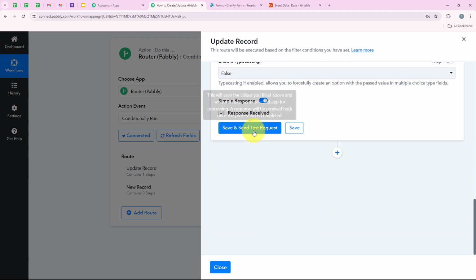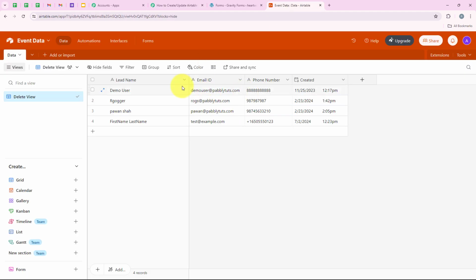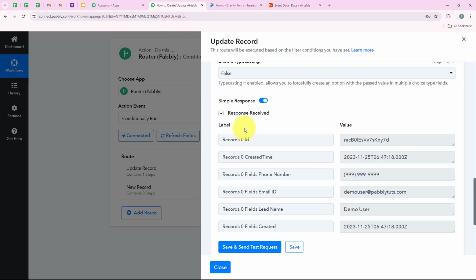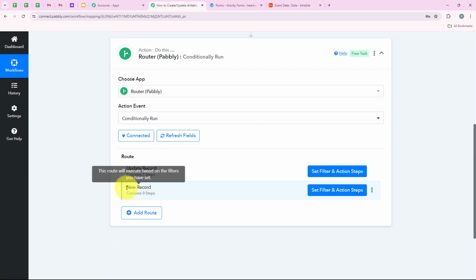So now we are going to click on save and send test request, and yes, you can see that we have successfully updated this Airtable record. So I'm going to open my Airtable, and yes, we are going to refresh this. And you can see the phone number has been changed right over here with the help of our workflow. So with this, the action step is also successful, and now we are going to move on to the new